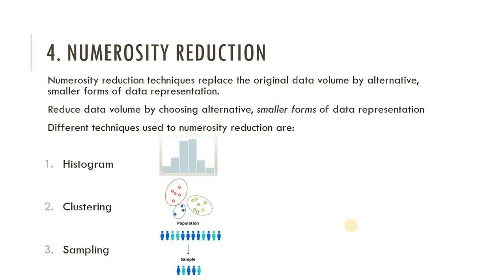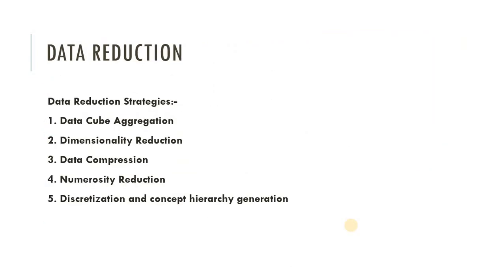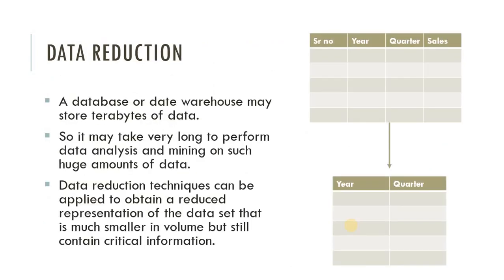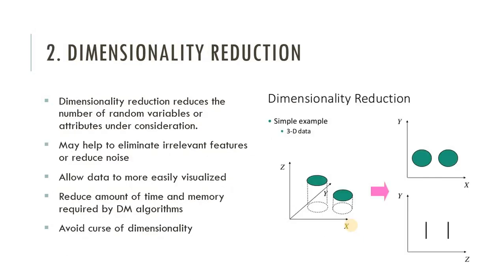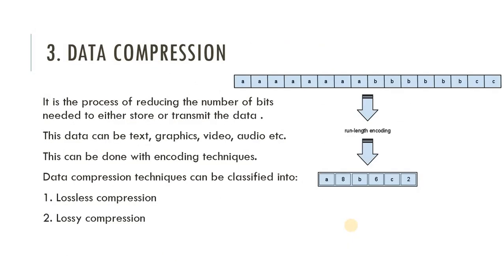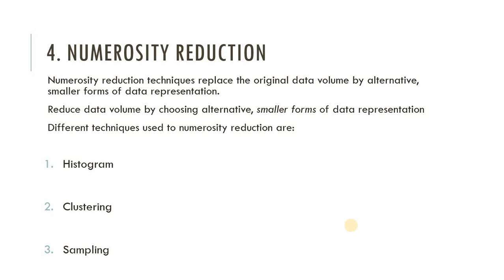So this is all about data reduction techniques. In data reduction, we have learned that the database or data warehouse is very big. So a data reduction technique can be applied to obtain a reduced representation of the data set that is much smaller in volume but still contains critical information. That is data reduction. It has 5 techniques: first is data cube aggregation, second is dimensionality reduction, third is data compression, fourth is numerosity reduction, and fifth is